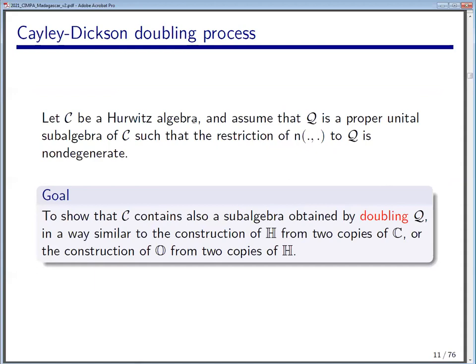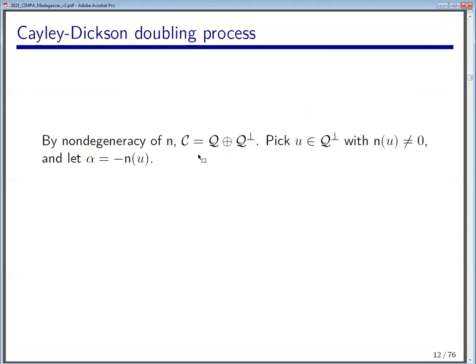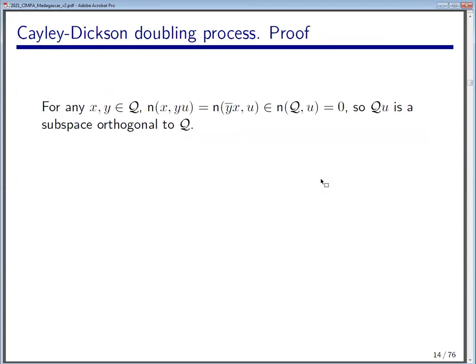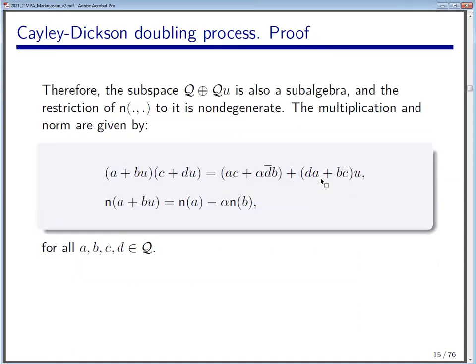And whenever we had this situation, we were able to show that if we take an element in the orthogonal complement, an element with non-zero norm, and we play with this element, we prove a few things, and it turns out that the subspace obtained as the direct sum of our nice subalgebra and a copy of this nice subalgebra, just the multiples of this element in the orthogonal complement,